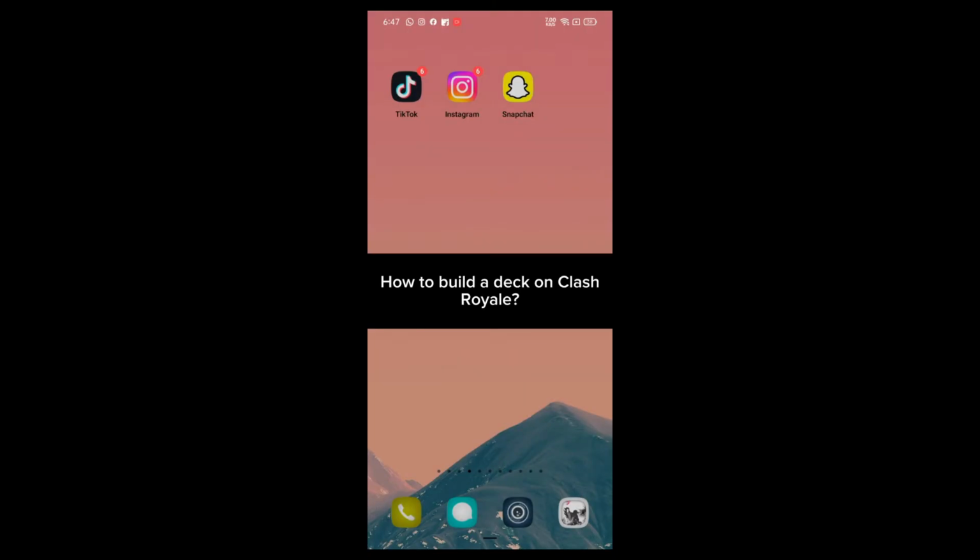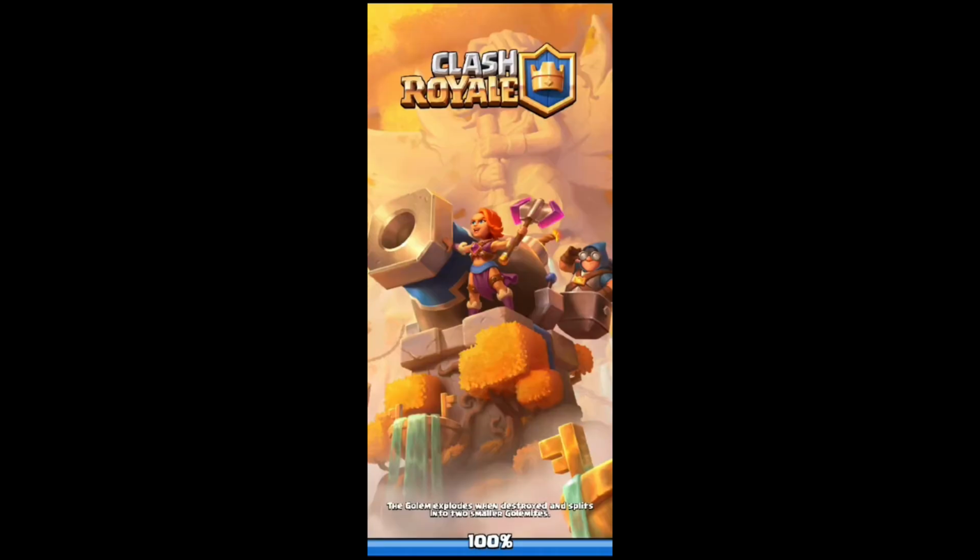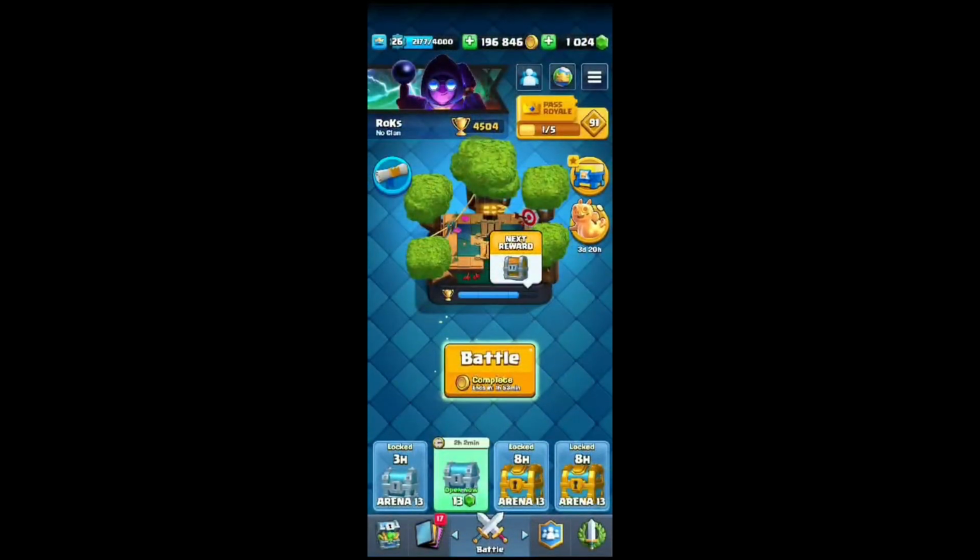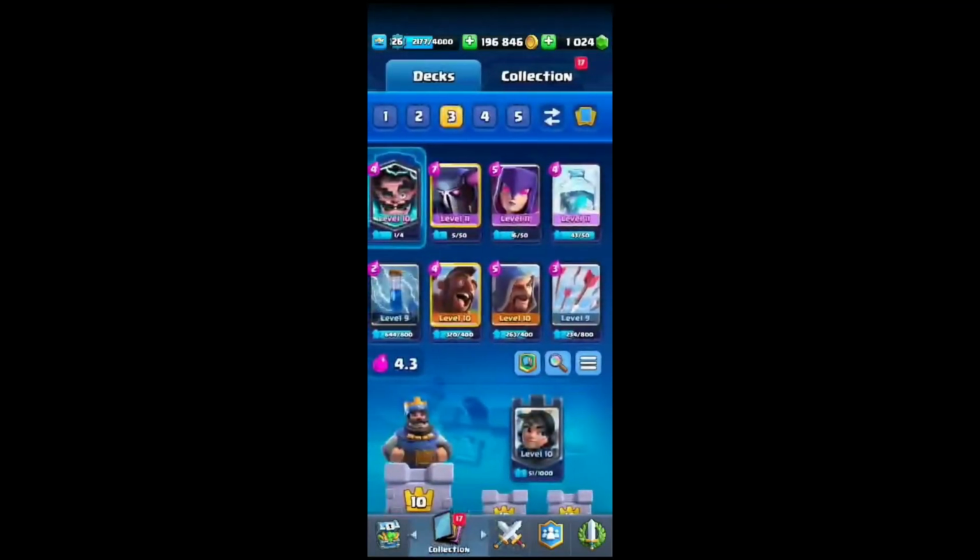Now I'm going to show you how you can build a deck in Clash Royale. To build a deck in Clash Royale, firstly go ahead and launch, open your Clash Royale application. The home page of Clash Royale application will appear on the screen. From the home page, swipe the screen to the right side and you will end up on the deck section